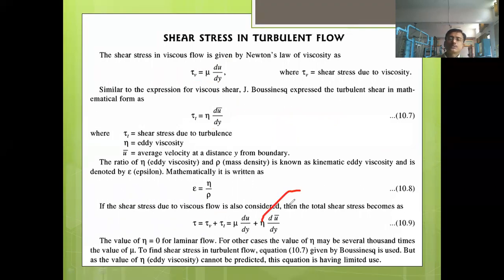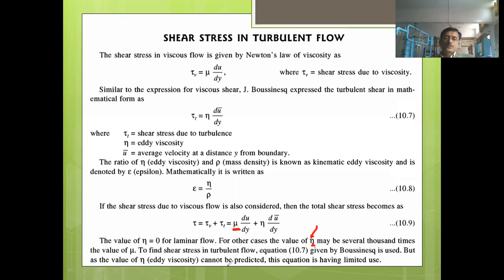When the flow is not turbulent, only viscous flow, then this part completely becomes 0, because the eddy viscosity eta will become 0, right. So this becomes completely 0 and we get only this equation here. And for the other cases we need to find out the value of this eta, and this value of eta is nearly 1000 times more than this particular dynamic viscosity. Okay,